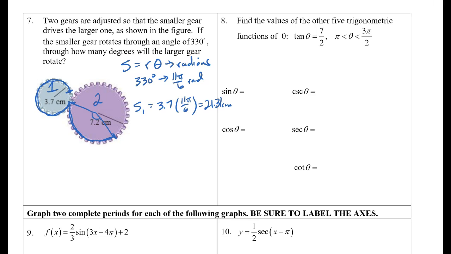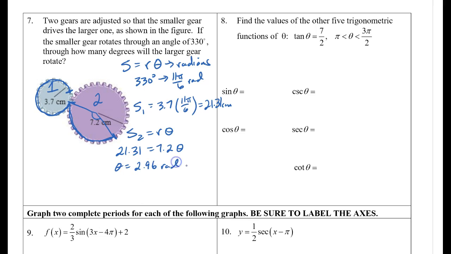So we already know the distance that it travels, so we can use our formula S2 equals r theta, and solve for theta. So S2 has to be the same, 21.31 equals 7.2 theta, divided by 7.2, and we get that theta is equal to